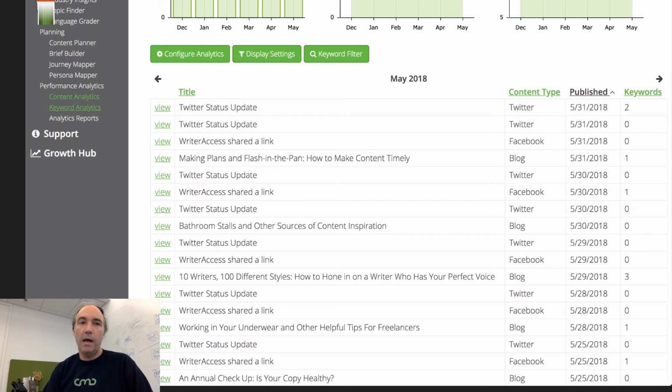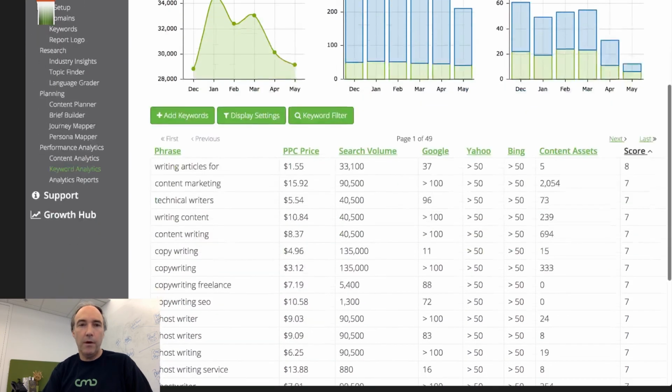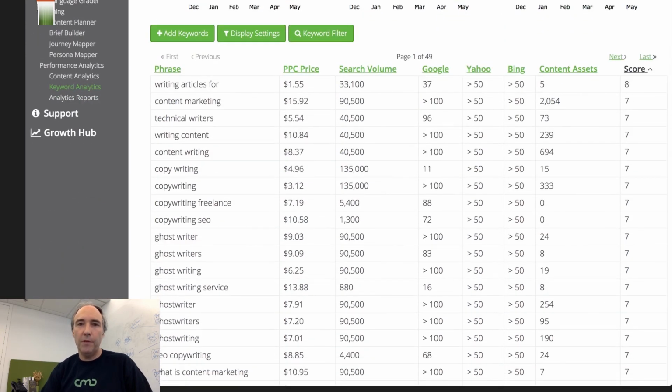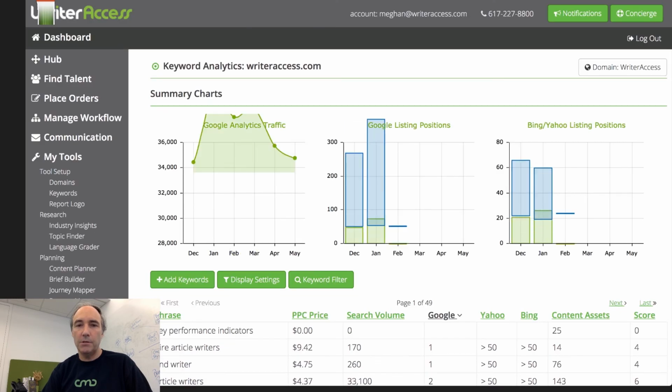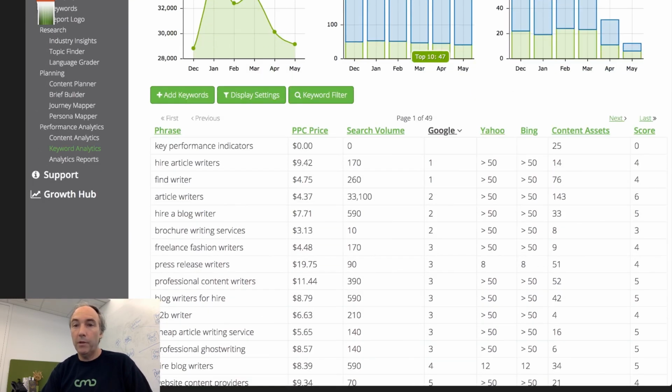Let's go look at how we're performing in the search engines and with traffic on our website. Here we see our traffic has come down a little bit in the last period of time, and our listing positions might be slipping a little bit. So we can dive deeper and learn our keyword performance and where we're getting top listings in the search engines, and where we're getting poor listings.